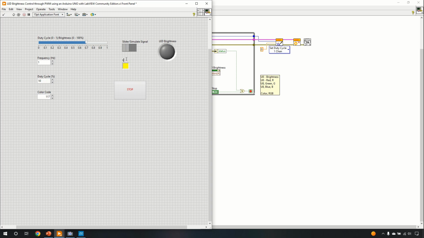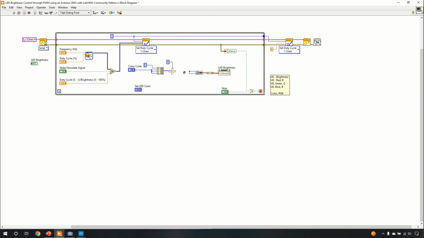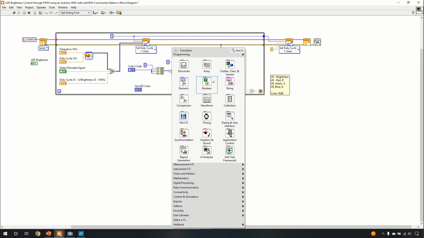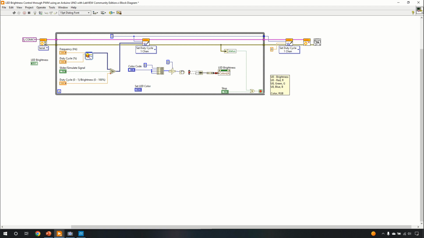So this is LED, or let's say set LED color. So let us call it this way. Now I can take this color and I can combine it with this color. Now, how to combine it? It's very simple. I can simply go to the Boolean, choose the AND, take this one and this color, and simply wire it to my